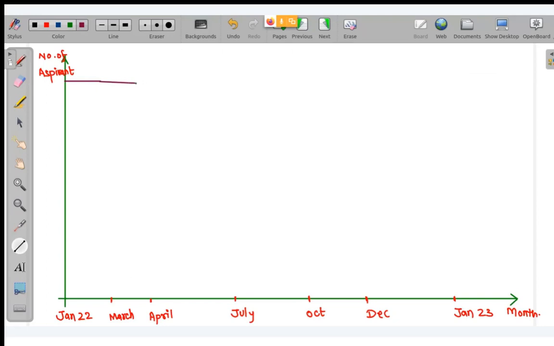Now from April to July, you will find more candidates enrolling for GATE. More will join. Why? Because there will be droppers, those who do not get their desired college, so they will plan on reattempting GATE. Look over here, July. After this, suddenly you will see a linear decrease in the number of candidates till October.